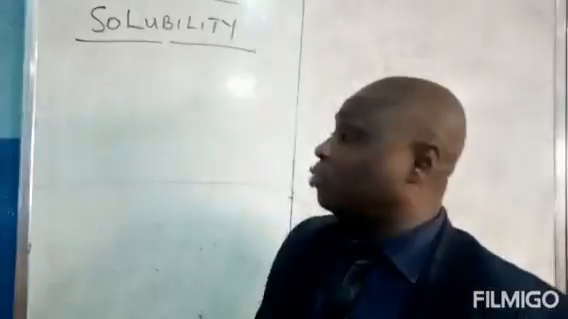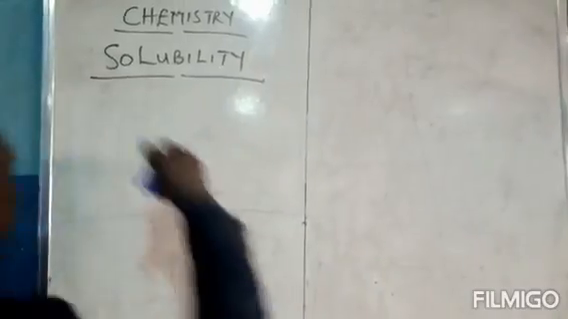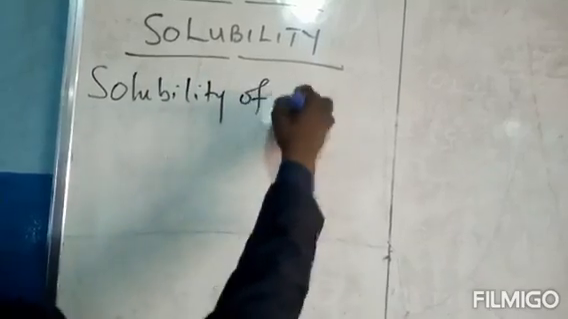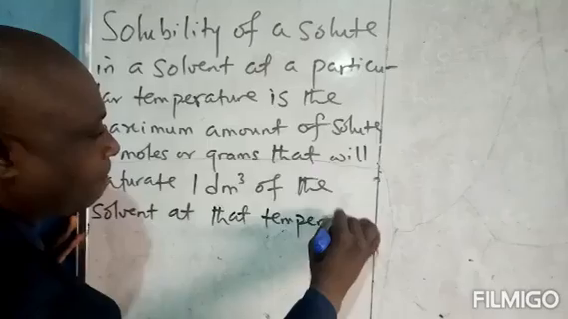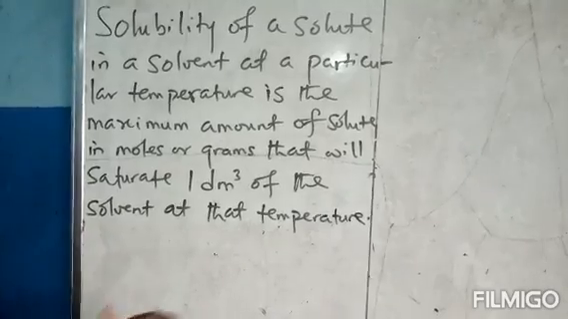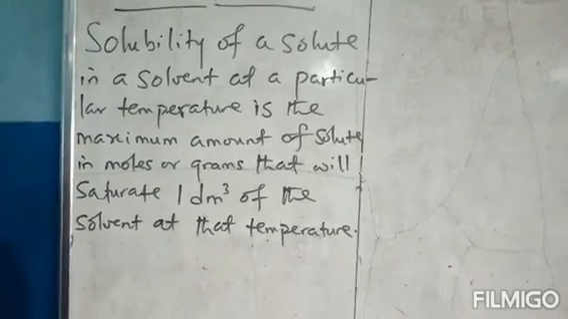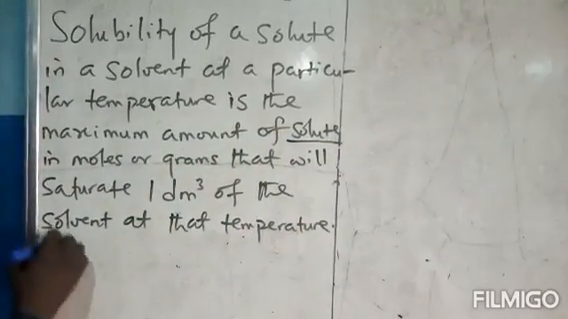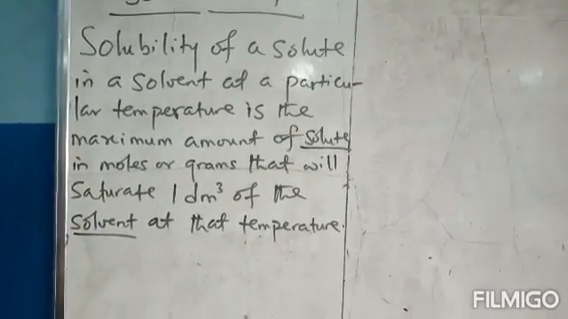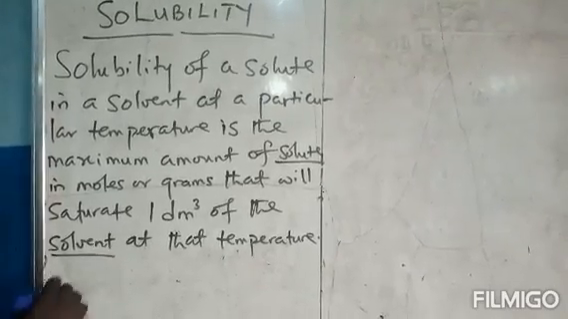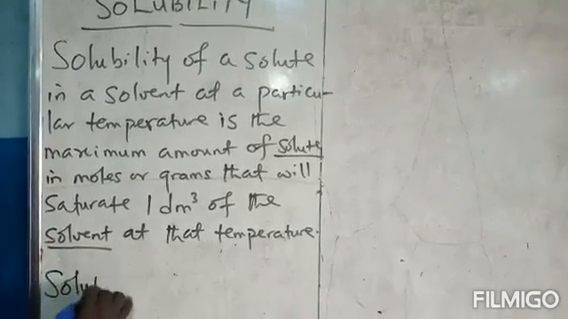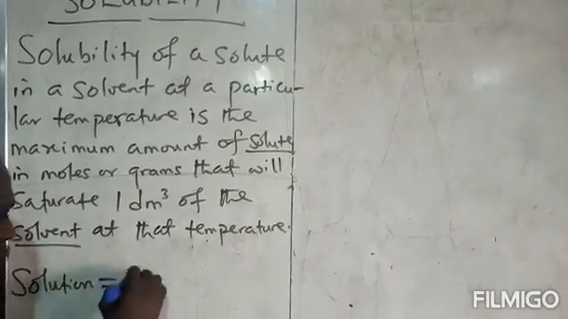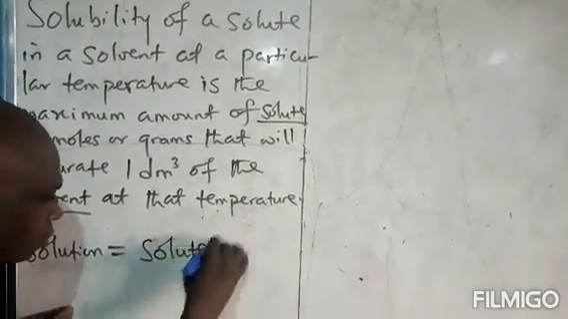Now we want to look at solubility as a definition. Solubility of a solute. Let's bring out keywords here. The first keyword is solute, and the next keyword is solvent. That means that for every solution, there are two key components that make up the solution. We have solute plus